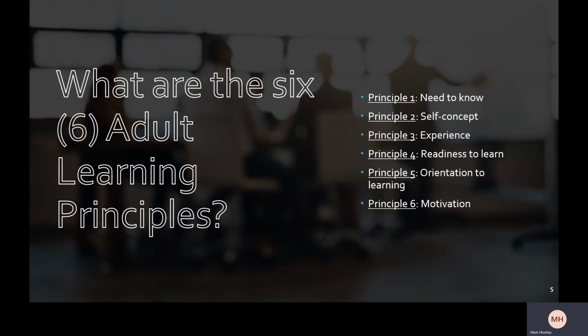Principle 3, experience. It's important in adult education to provide real-world experience. And as educators, we continue to be in a space of consideration where we ask ourselves, how can we relate the material that we deliver to our students so that students can see how they can apply it now and how they can apply it in the future? Principle 4, a readiness to learn. This is a willingness that students are going to enable change because of their readiness.